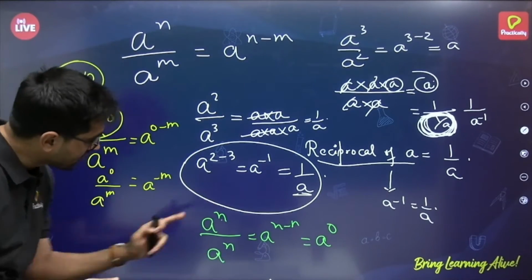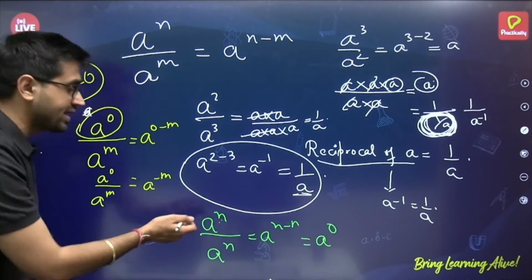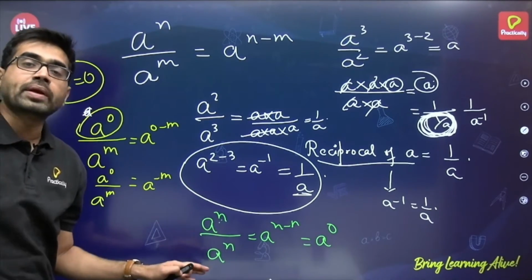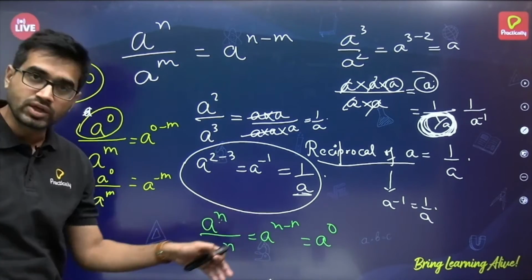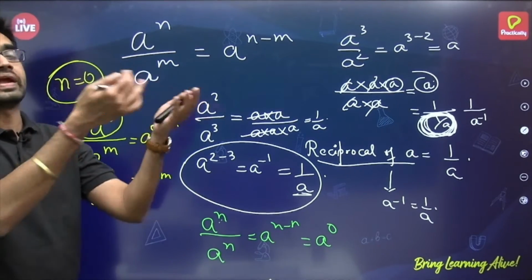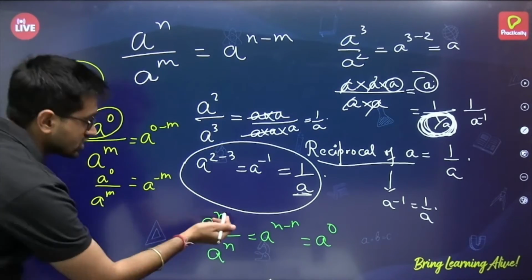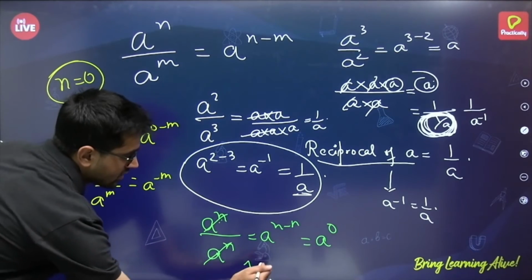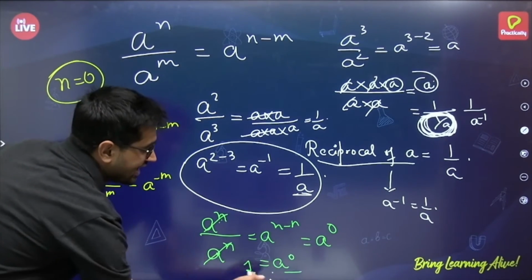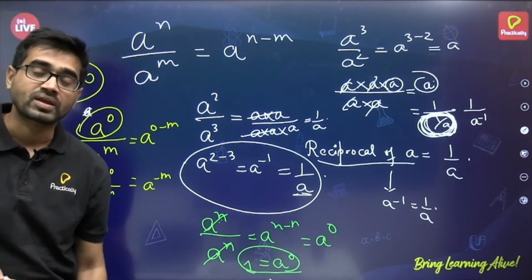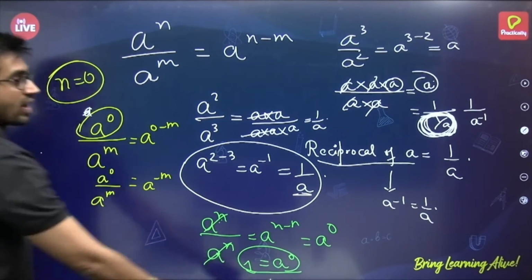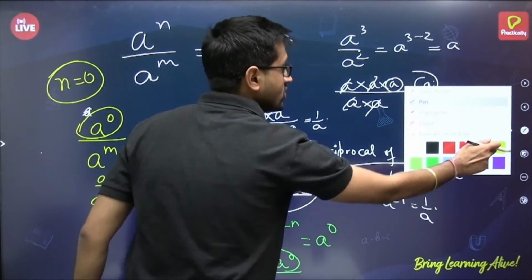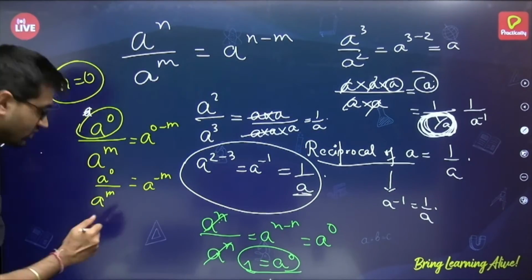Nothing different. But what I get now is, if I divide 2 to the power 2 by 2 to the power 2, it is 1 only. 2 to the power 3 divided by 2 to the power 3 is 1 only, because I am dividing 8 by 8, which is 1 only. So this is nothing but 1. So what do you get? A to the power 0 is 1. I now know that A to the power 0 is 1.